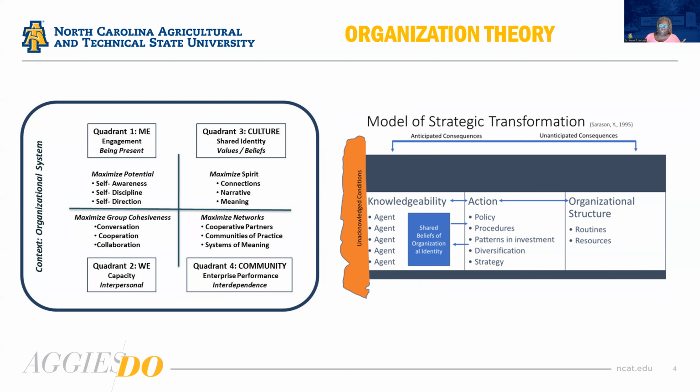So the one on the left is another 4 quadrant system. And in the first quadrant, what you have is the me. So just the person that we're considering. In this case, it would be leaders of organizations. And what kinds of self-awareness do they have? What kinds of self-discipline and what kinds of self-direction, which are in direct alignment with when we're thinking about ethics and ethical behavior and ethical leadership. These tend to be the kinds of things that we go to.